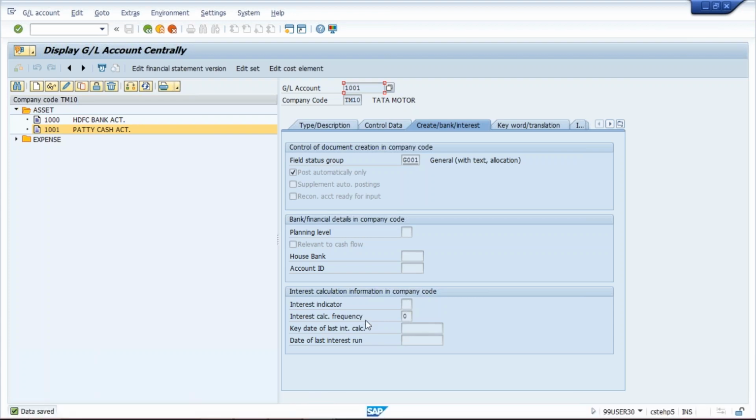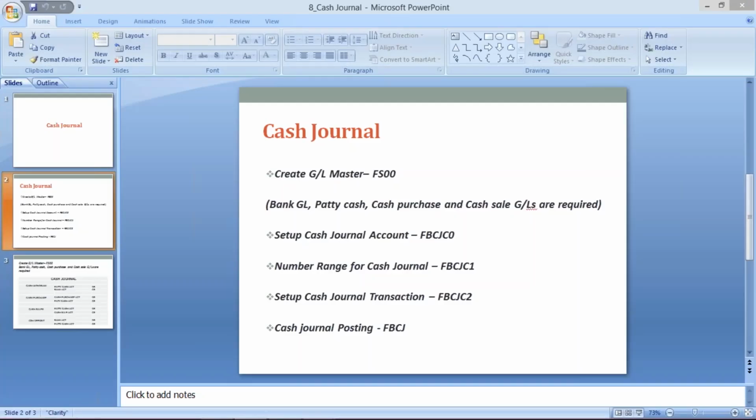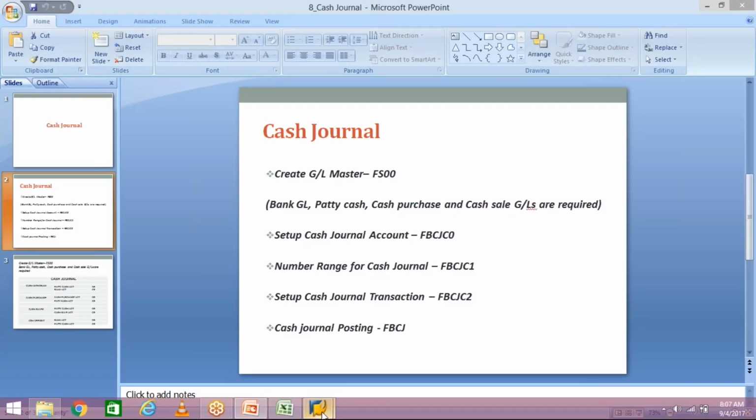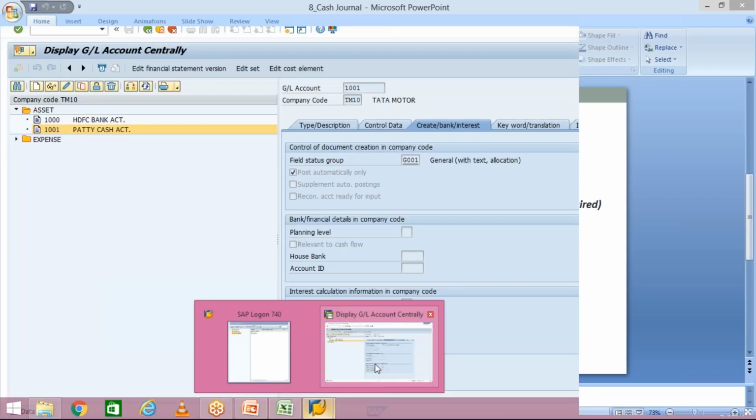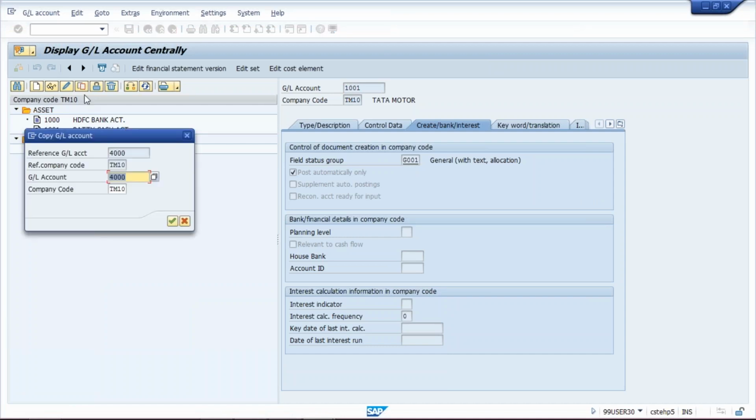So petty cash GL I have created. Then the next GL I am going to create is called cash purchase and cash sale. Purchase is nothing but our expenses, sales is nothing but our revenue. So here in expense, rent account is created. I'm going to copy this,